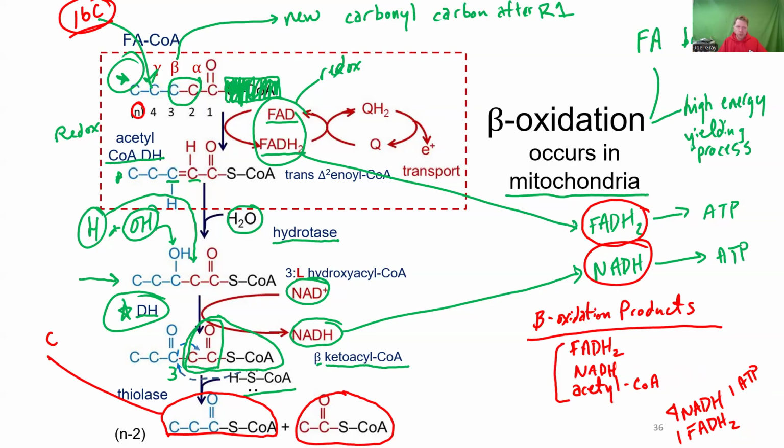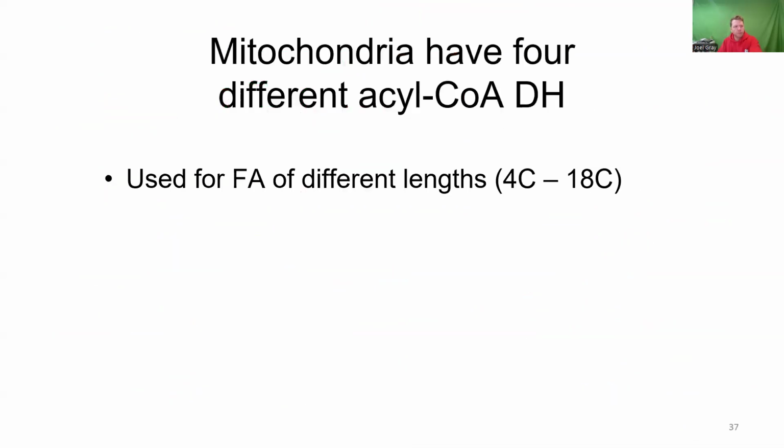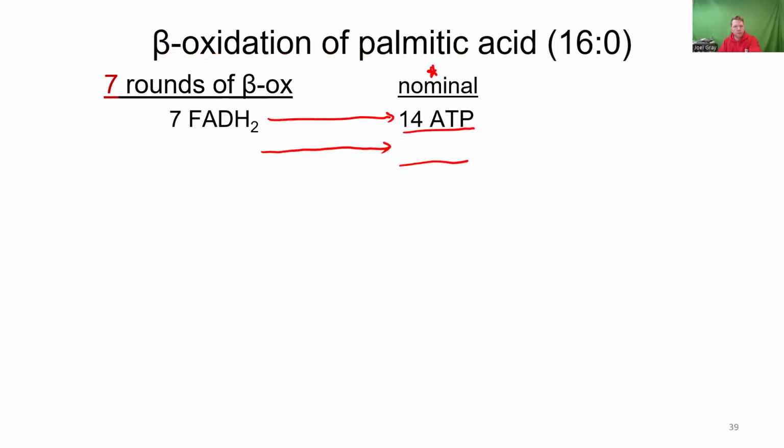No, it's not FADH2. One FADH2 molecule is going to get you 2 ATP. One NADH molecule will get you 3 ATP. What will acetyl-CoA get you? One acetyl-CoA molecule will get you 4 NADH, one FADH2, and 1 ATP. Melanie, you are jumping ahead, but yeah, you're pretty darn close there. Yeah, great. So acetyl-CoA, that's the real moneymaker from our